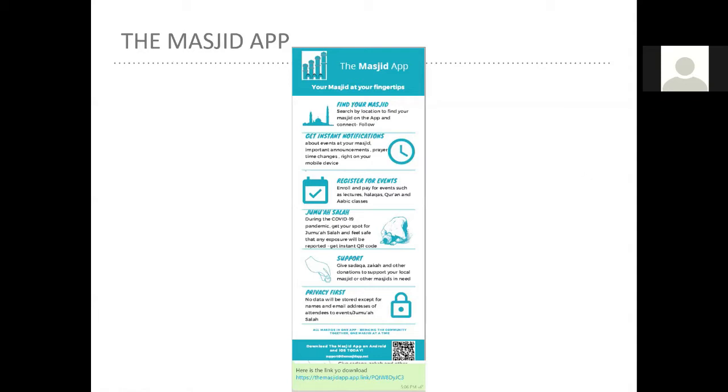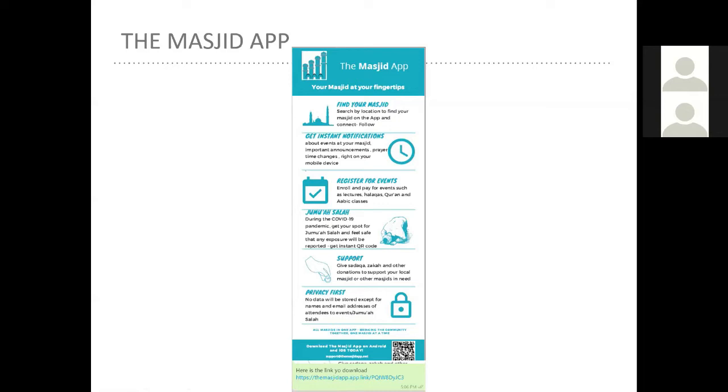Go ahead. Okay, perfect. So the Masjid app, like you're showing on the screen, the key things which you would be using it for as a user is to find your masjid, to connect with your masjid and stay connected with them in real time. And you get instant notifications whenever there is a change in prayer times, any event or anything. Maybe something happens in the community. Sheikh Siraj would like to notify everybody about something important. He will just send out a notification.